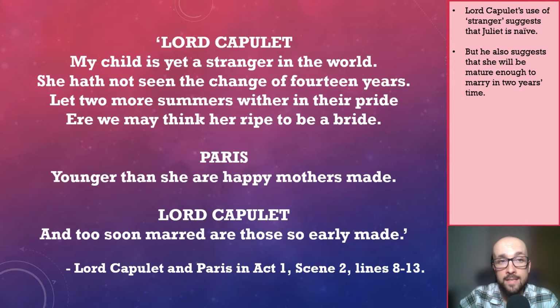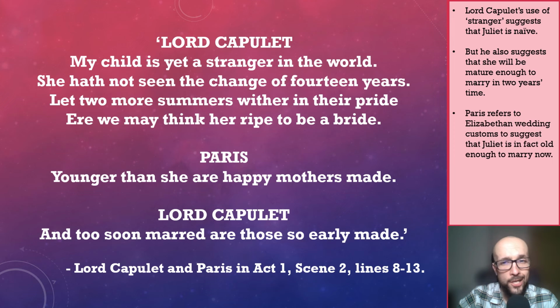Paris, on the other hand, is convinced that Juliet is mature enough to marry now. This is evident in his line, "Younger than she are happy mothers made." Paris's use of the comparative adjective younger sees him refer to Elizabethan wedding customs, for it was legal for girls to marry at the age of 12 years old with parental permission, although it was not usual or traditional for